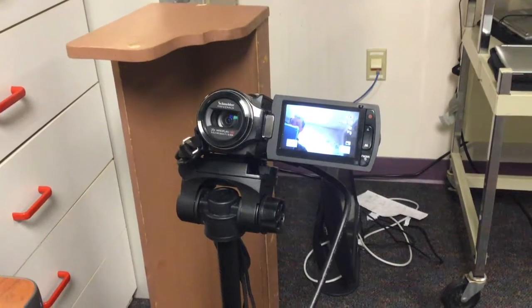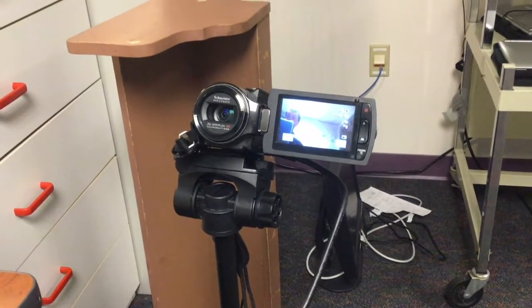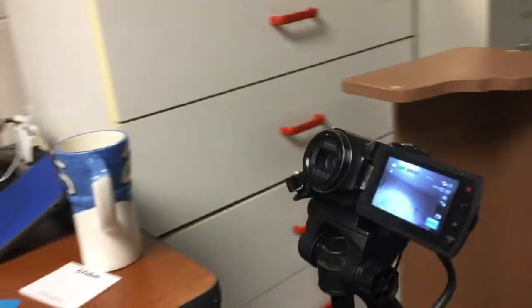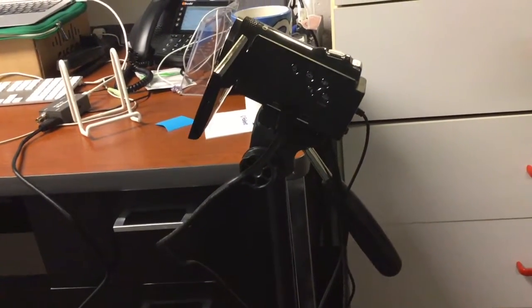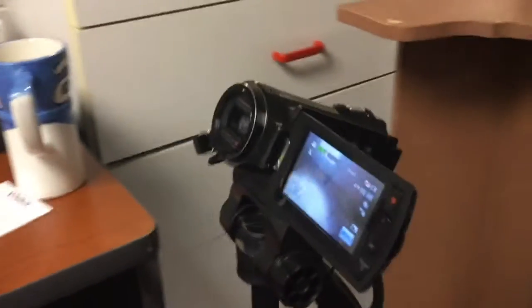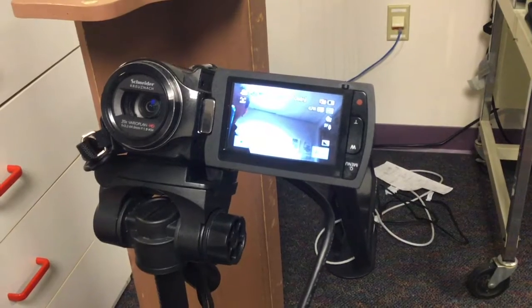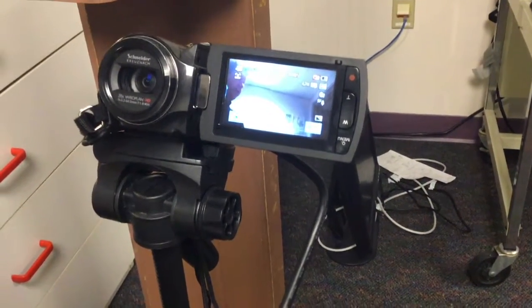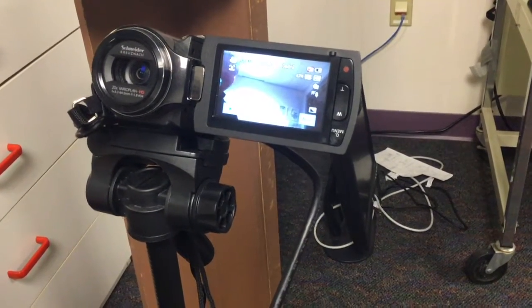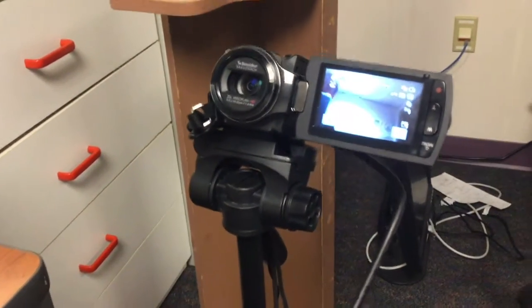So this is how I've got my interface set up for my camera. Here I have my Samsung video camera plugged in to its port on the side via an HDMI cable. I've turned off the display settings on the output in the camera's settings, so when the video feed comes into my OBS Studio, it doesn't have all the things that you see on the screen, those little icons. So that is plugged into this little cable and goes